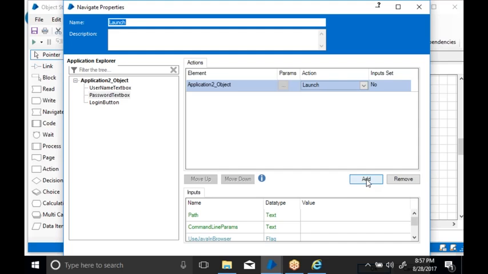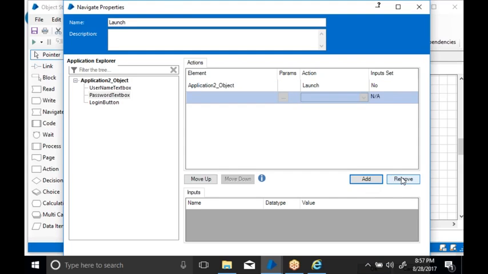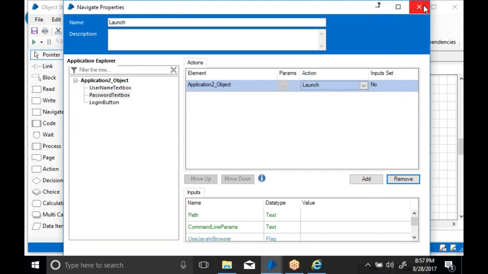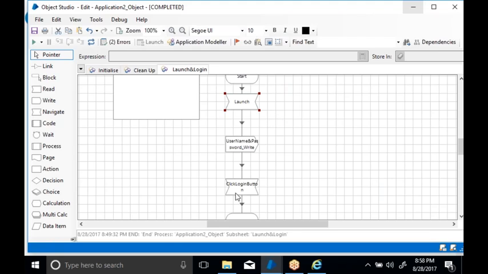Now you have an option. You can click here, you can add one more. But why we cannot use in this scenario? Why we cannot use the clicking the button as well as launching the application related to the same stage? Why we can't means, after launching the application we have to write the username and password. Then only you can click the button.